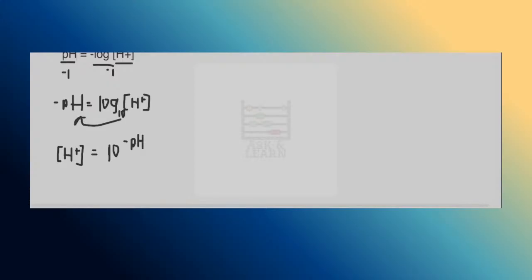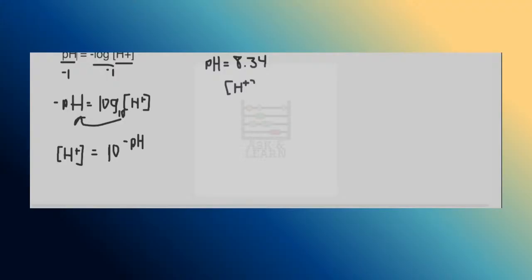Okay, so now that we've rearranged the expression, we can basically just plug in a value for the pH, put it in the calculator, and then calculate the concentration of hydrogen ions in solution. So we can do a couple examples to show this. So let's start off with doing where the pH is equal to 8.34. So if we have a pH of 8.34, we can plug that in as the exponent in the equation here. So if we want to know the hydrogen ion concentration,